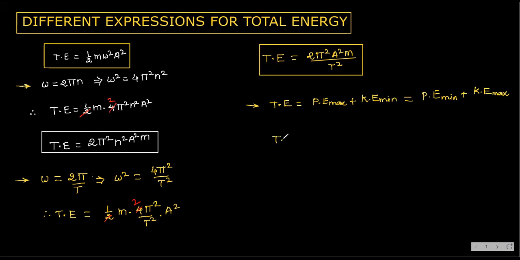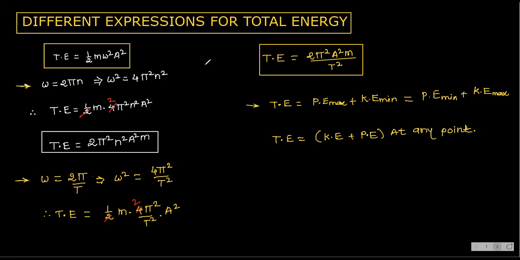And therefore total energy is always equal to the sum of kinetic energy plus potential energy at any point. Understood? Already in conservation of energy, we have learned this. Total energy of the system always remains constant. That's why kinetic energy plus potential energy is equal to constant. Okay, right? So note this down.